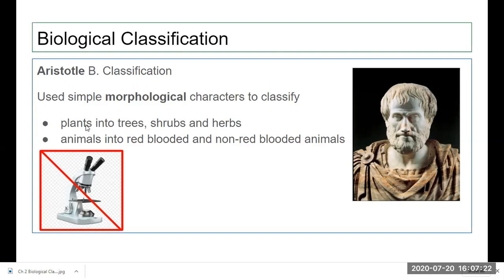And that's why he divided all the beings into two: plants, who didn't used to walk and didn't used to eat, and the other one was animals, who used to walk and used to eat from outside. Plants were further divided into trees, shrubs, and herbs, while the animals were divided into red-blooded and the non-red-blooded ones. Okay,